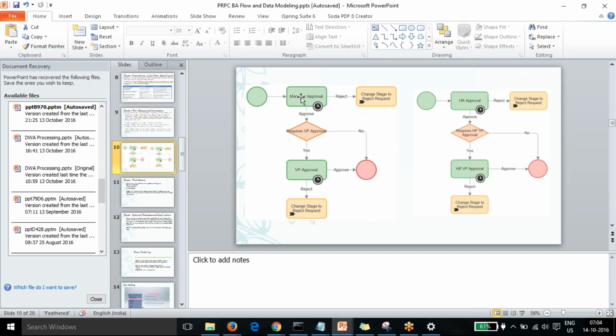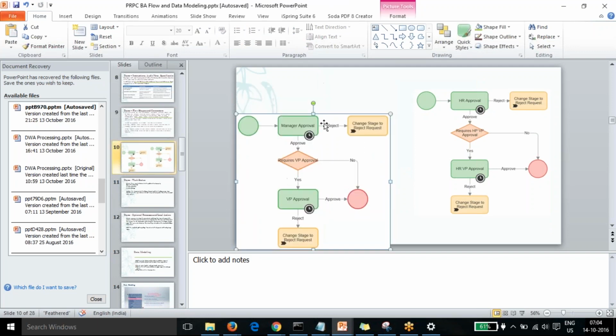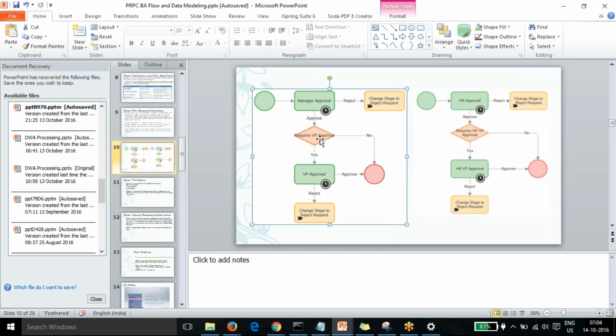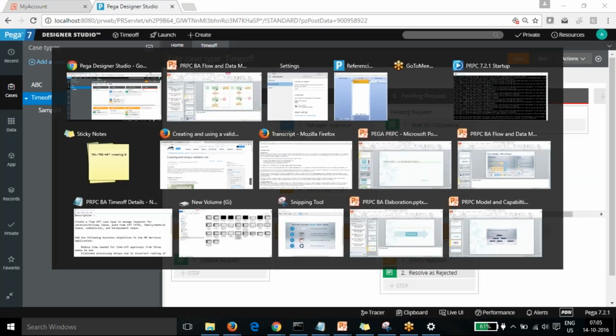First it goes for an HR manager approval, and if the manager approves, then it checks whether we need one more approval, like a VP approval for the leave as well. If it is no, it is going to be approved. Okay, so that's the change we are going to do, and I'll show you how to make these changes. Yesterday we did it for type of leave. If we need multiple levels of approvals, we can use the change stage process and go for this one.